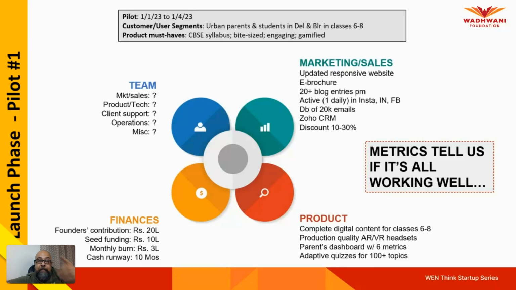So remember, जो बिकता है वही टिकता है, in the typical tone of Namo. All right. Then you've got marketing and sales. Marketing and sales is all about, what are those things that we're looking at, which will tell us the metrics. So do we have a responsive website? If my business requires a website, do we have a responsive website? If my customers read e-brochures, do I have e-brochures?